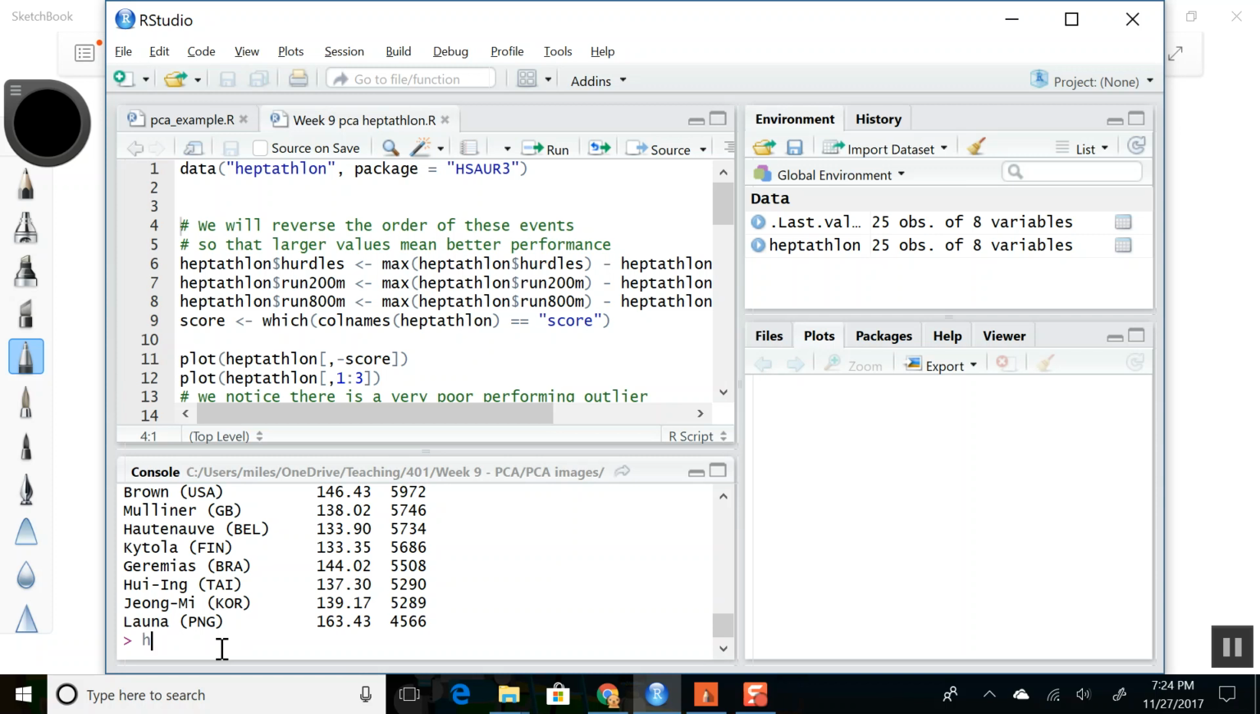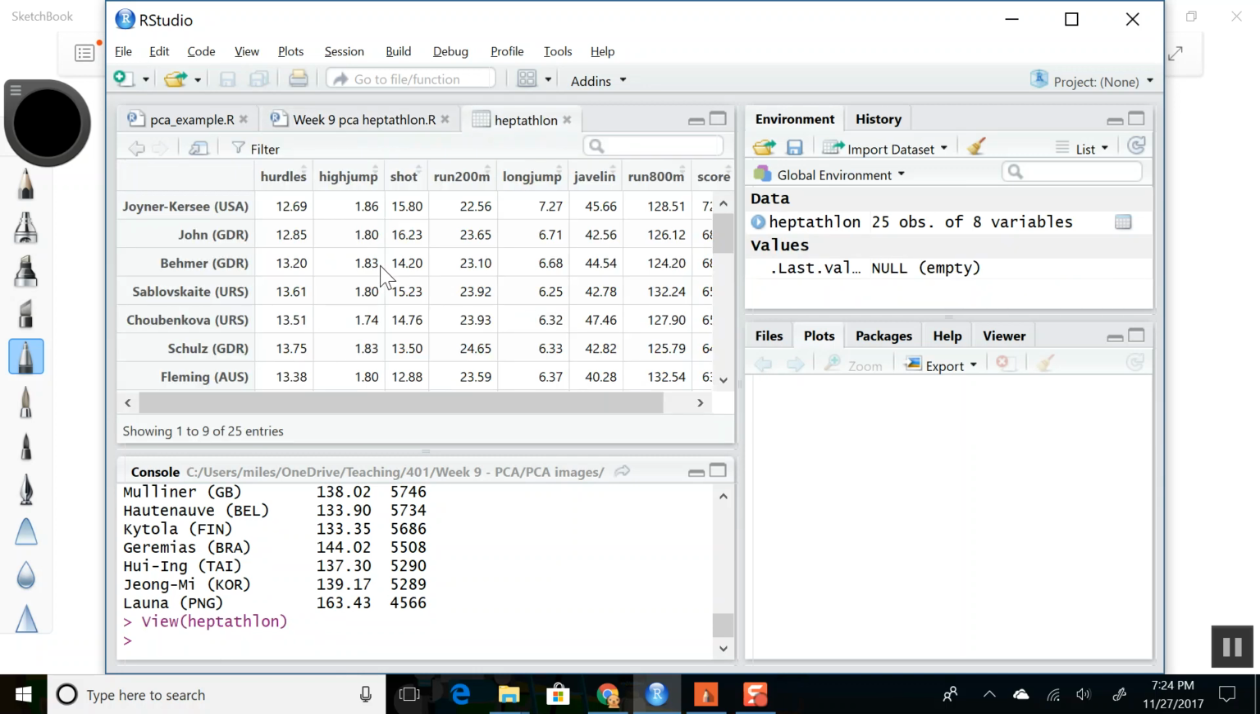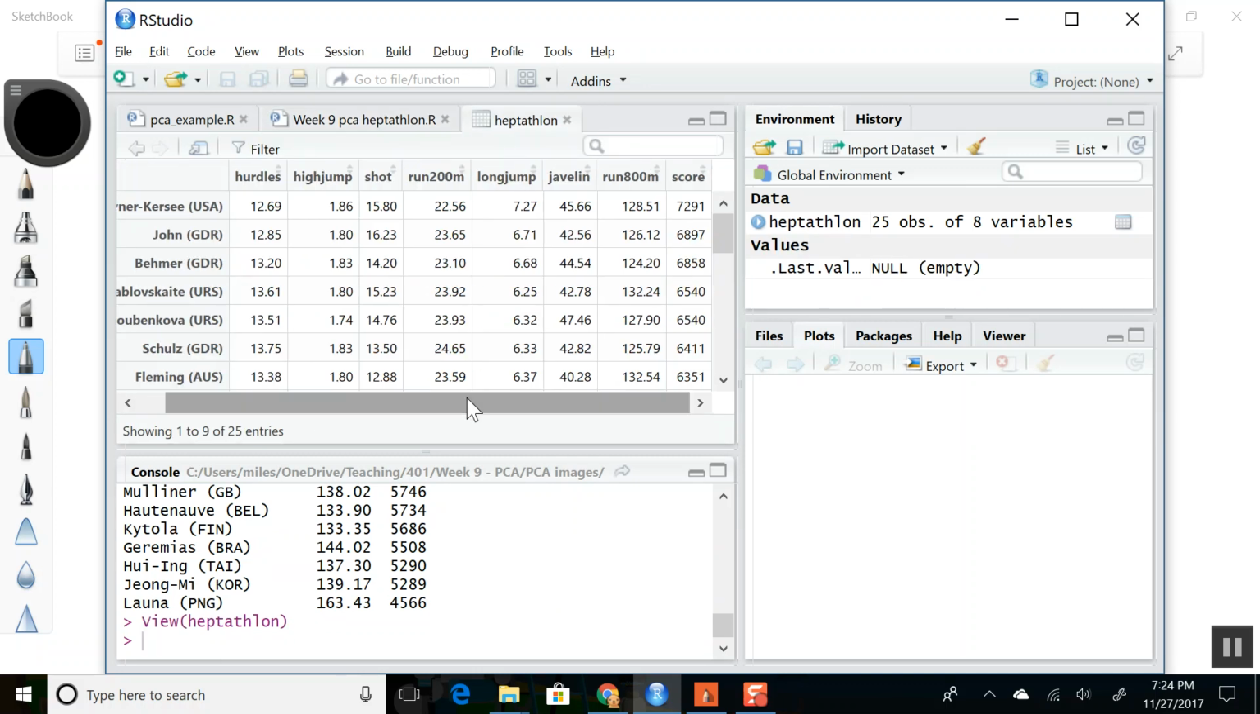All right, let's just take a look. Let's do view heptathlon. Okay, so in the heptathlon there are 7 events. We got hurdles, high jump, shot put, 200-meter run, long jump, javelin, and 800-meter run. I think that's 7. 1, 2, 3, 4, 5, 6, 7. Okay, and